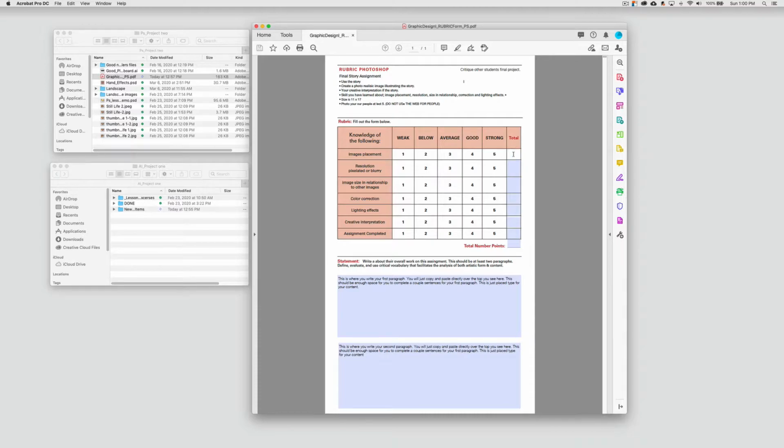So again, you probably have noticed that you can just click on here and indicate weak, below average, good, strong. Look over what I'm asking you to look at in the files. So we talked a lot about placement. We've talked about resolution, so make sure your images aren't squished or blurred. We also talked about size and relationship, really thinking about perspective. Color correction, making sure that the images look like they relate to the space. We're trying to make this as photographically real as we can. Thinking about light effect,